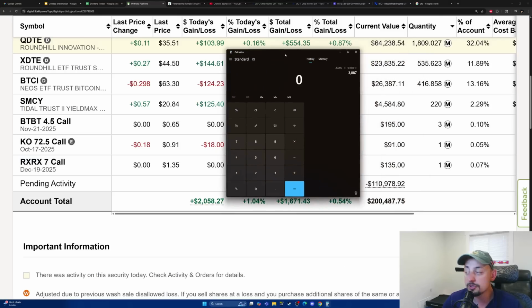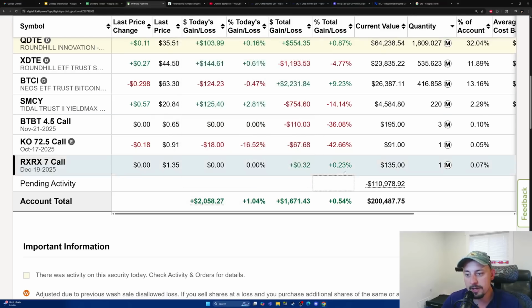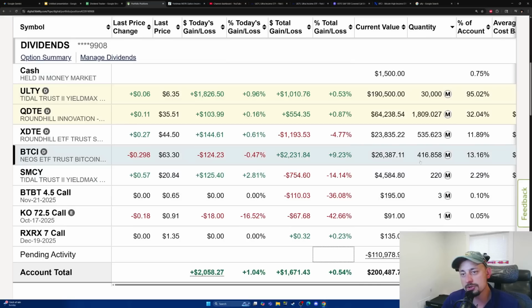Now, this is what I wanted to do. I wanted to lower my margin. Folks who watched my video from yesterday, a lot of folks pointed out, hey, you're like 73% on margin. I know I was getting a little bit hairy. I withdrew so much money, and I wanted to make sure that I get my margin down. So I'm floating at 55% on margin right now. So not too bad. I'm really liking that. I think the goal for me eventually is to reduce my margin to somewhere between 40 to 50%.